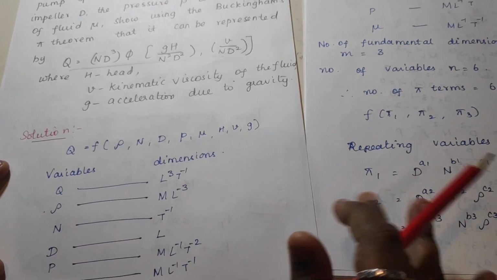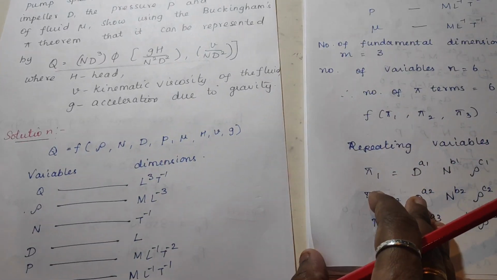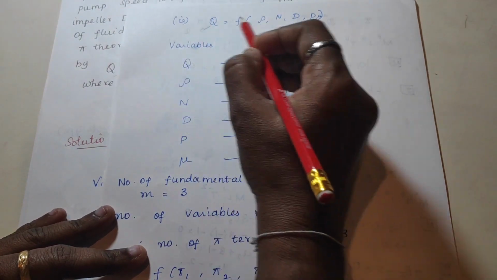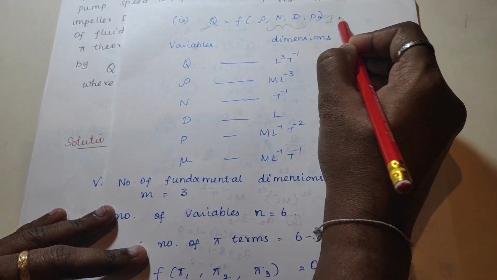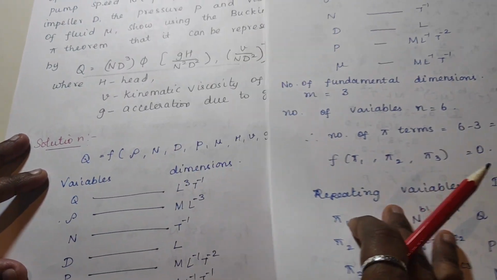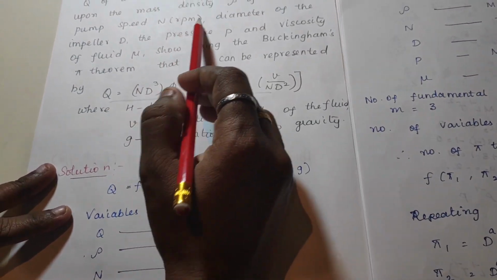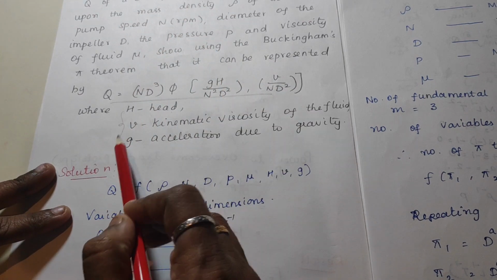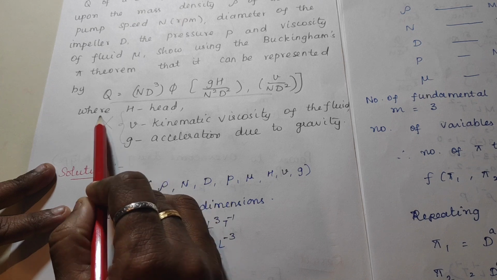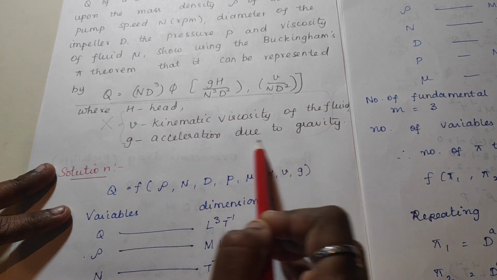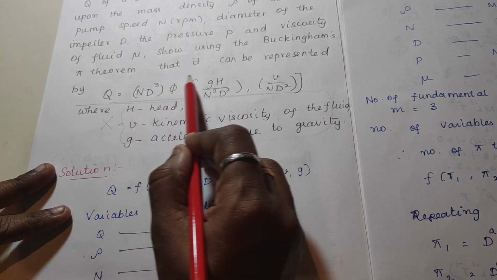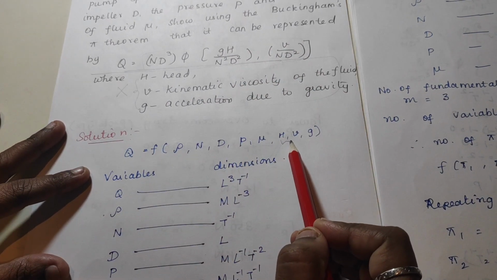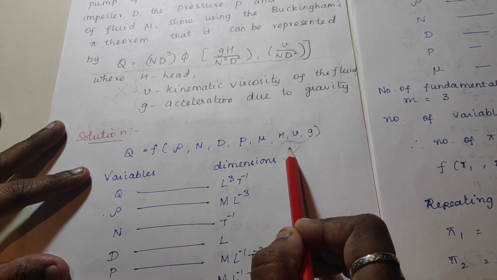So first, as usual, you have to write down the given data. Here Q is the dependent variable and all the others are independent variables. There will be some confusion here, so many variables are here. In addition to this, they have given the three things. You mustn't consider this; at last we can derive that. You have to change the equation to like this. Okay, so first if you are taking H, V, nu and G, you won't get the answer.